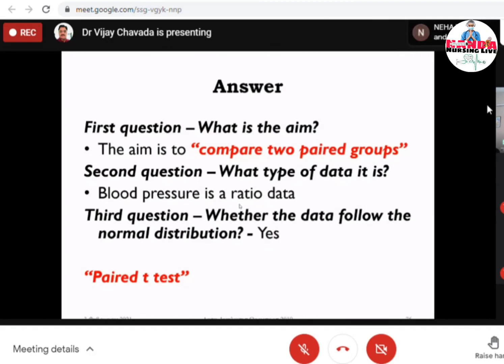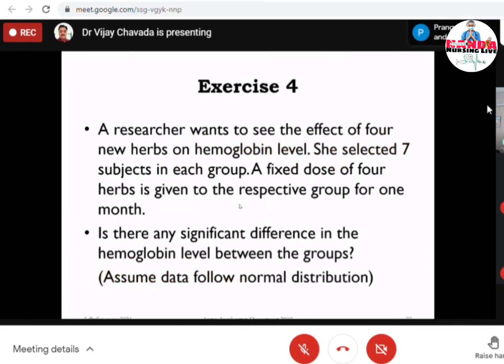So I hope you understood what exactly the difference is between descriptive statistics and inferential statistics. What do we do in inferential statistics? The different modalities, how to calculate odds, how to interpret it, and depending on the number of groups and type of data, what type of test we need to apply, in which circumstances which particular test is utilized. This we have covered.